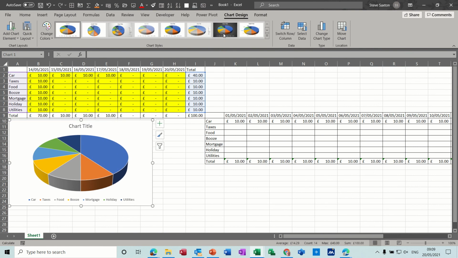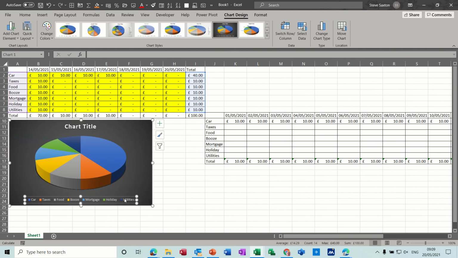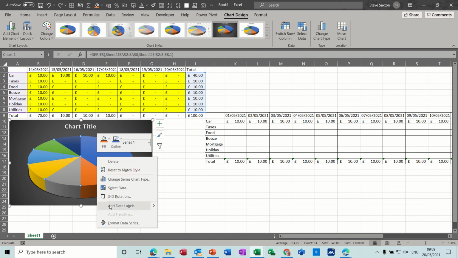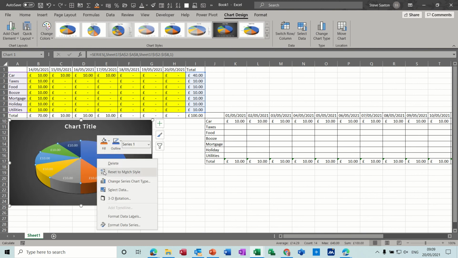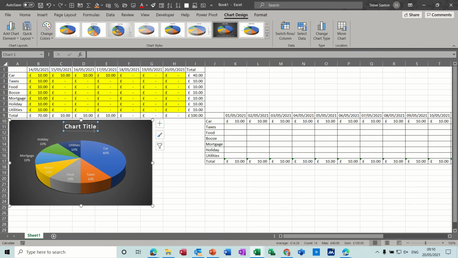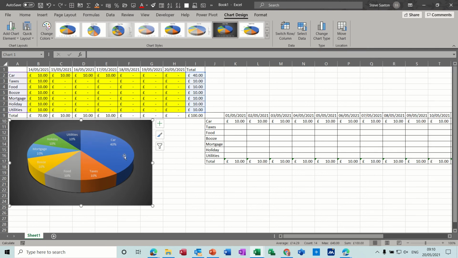So just move that over there. I always like mine to be black. Don't need these labels down here. Right click, add data labels, right click, format data labels, and you can do the percentage option, category name, take value off, and like that. So it tells you what you're spending your money on. Get rid of the title, or you can have a title if you want. So in this case we're spending 40% of all our money on a car, which is not good, but you can see how that would work there for your weekly